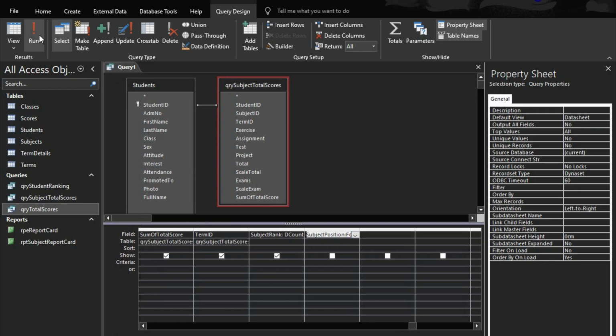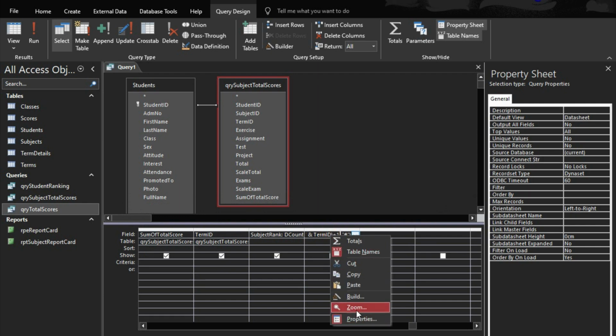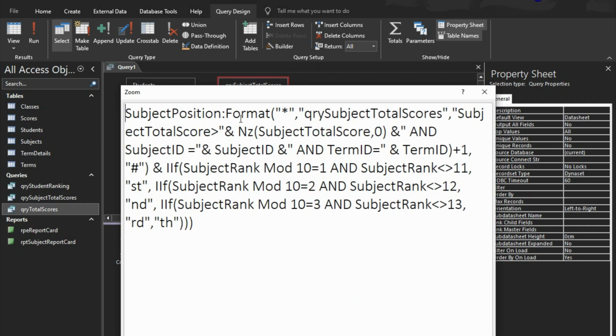Let's run it and see. Oh, there's an error somewhere. The expression you entered contains invalid syntax, or you need to enclose your test data in quotes. Okay, let's go back and check our code. Subject position, format, select everything, subject total score greater than zero, and subject ID is equal to subject ID and term ID. If subject rank mod 10 is 1 and subject rank is not equal to,